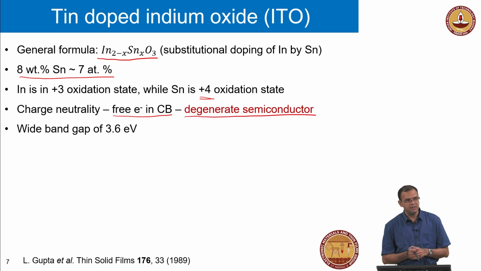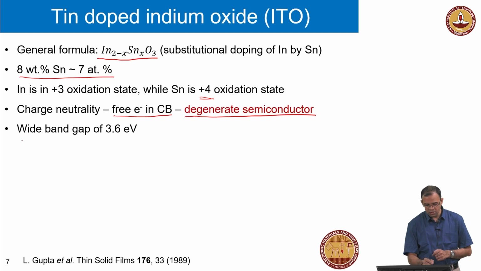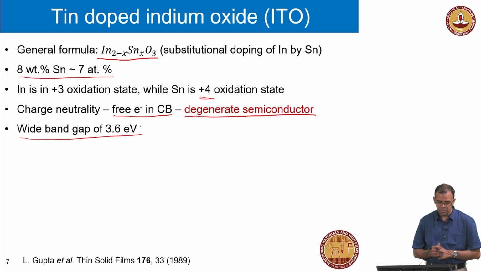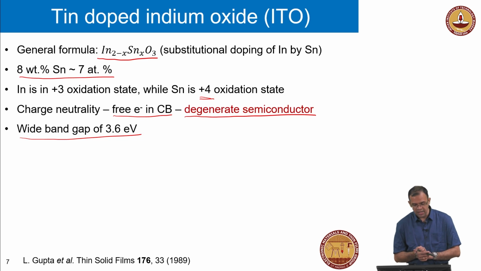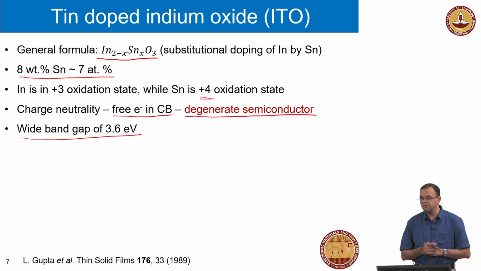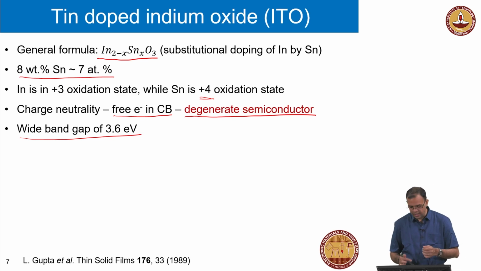In the next slide I will tell you a bit about degenerate semiconductors. It's something we have not talked about earlier when we did extrinsic semiconductors, but I'll tell you what it means. So overall, the band gap of the material is still high. It's a wide band gap, 3.6 eV, which essentially means it's transparent to visible light. At the same time, the presence of tin gives you extra charge carriers so that you also have good electrical